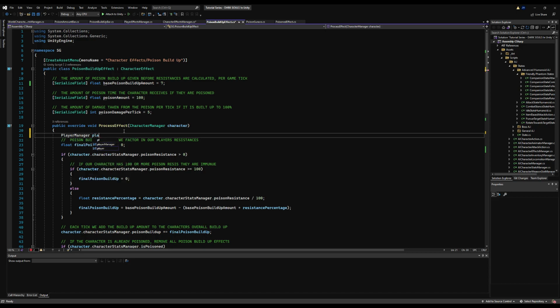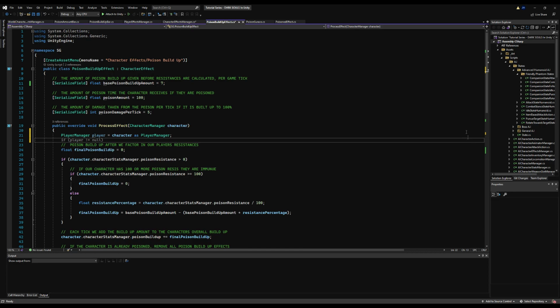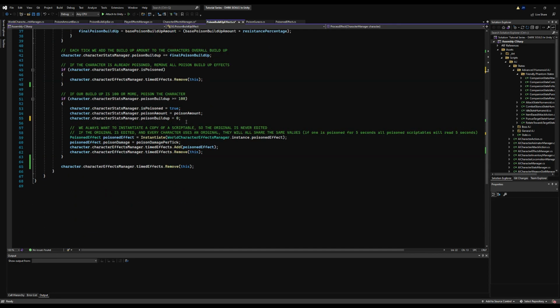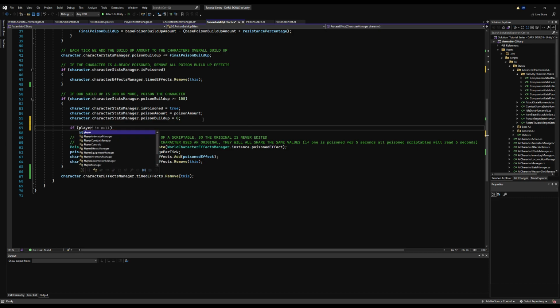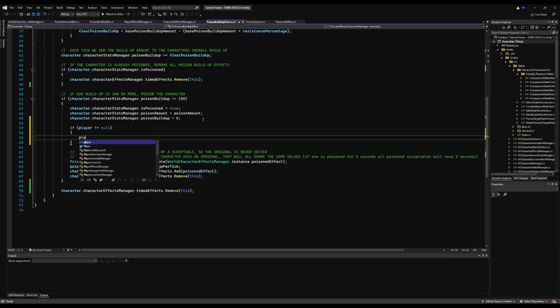So first let's say player manager, player equals character as player manager. So we're going to do a cast. And we're only going to use this if it runs on the player, not the character or an AI. So we can do this by simply checking if player does not equal null, because if it doesn't equal null, then we must be running this on a player. And then inside that, we're going to say